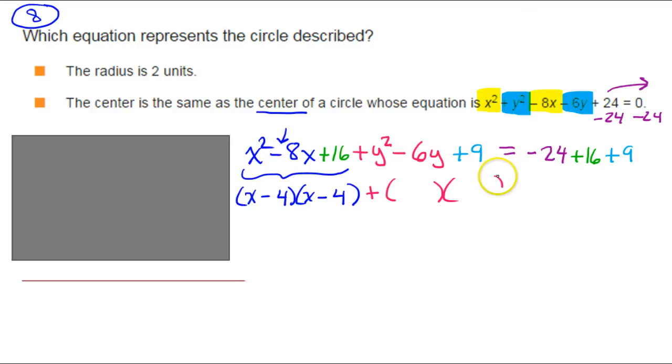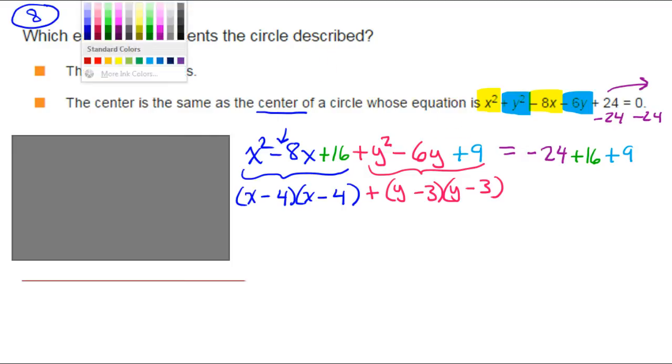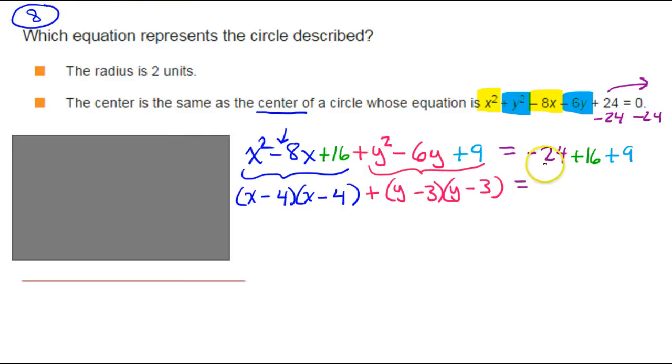So, again, this trinomial right here should factor as the same thing twice. Y squared is y times y. 9 is 3 times 3. See the negative, so you know it's going to be negative. Meanwhile over here, 16 plus 9 is 25. 25 minus 24 is 1. I mean you could use a calculator if you need to, but I'm just adding all these up and